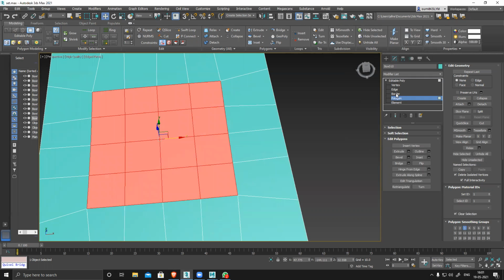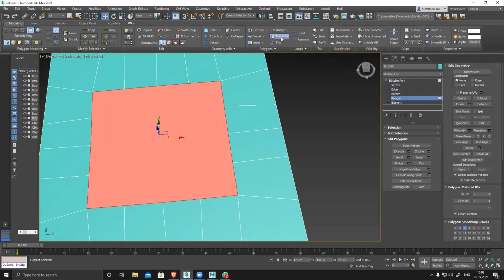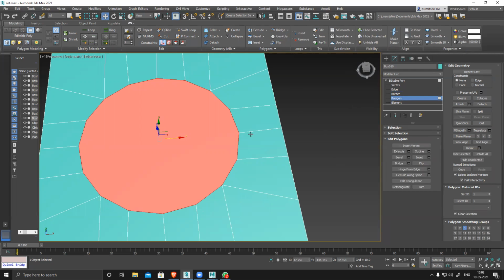In that, there are no edges in between. Maybe that's why it's working. So actually he is only selecting the border, I guess, and he's selecting the vertices which are available on the border itself. He's selecting the polygon. If you don't have in-between loops, it works.